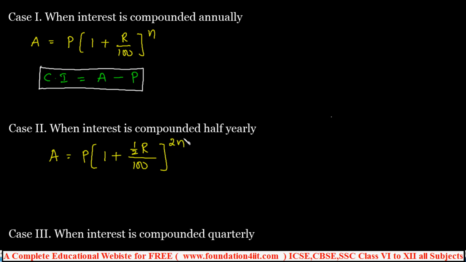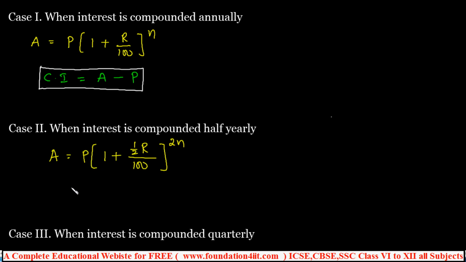Instead of confusing, directly remember it in this way. R value as it is, we are not changing R to make it half, because 1 by 2 into R means automatically if you calculate it will become half only. P, R, N as they are, we never change. Without changing them, we are changing the formula now. Before R I took 1 by 2, so whatever the rate of interest is will become half, but you don't directly take half here. And 2n, n is the number of years. If there are 3 years, 2 into 3, 6. So 6 half years. So 6 times we should repeat the interest and add it to the principal.